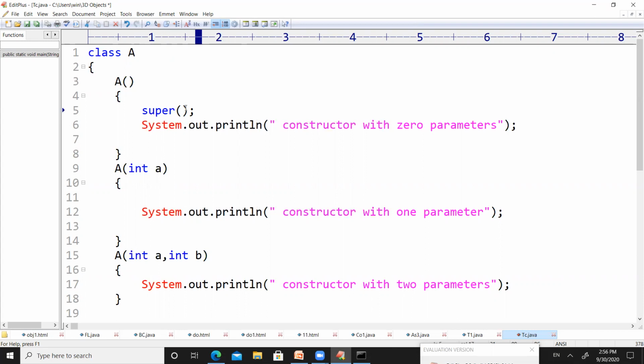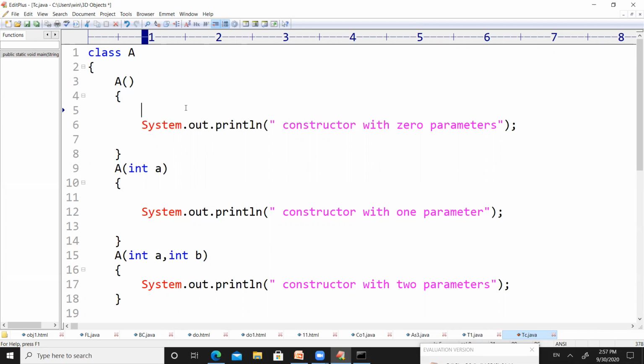That super keyword is used to access the super class constructor. At the same time, we can use the this keyword inside the constructor, which will invoke the current class constructor with the respective number of parameters. So this is the case in Java.